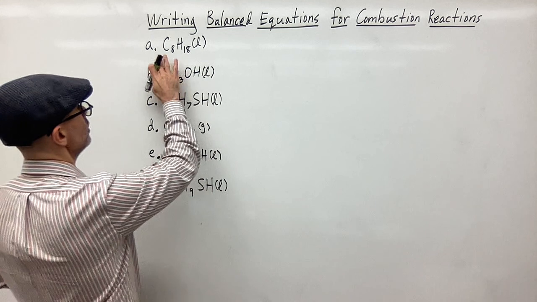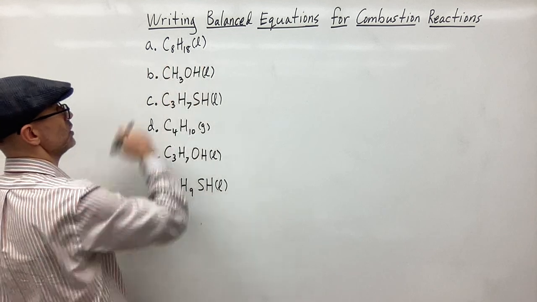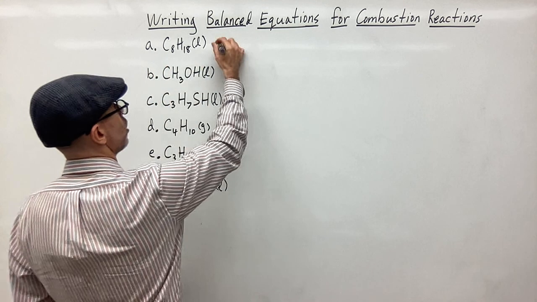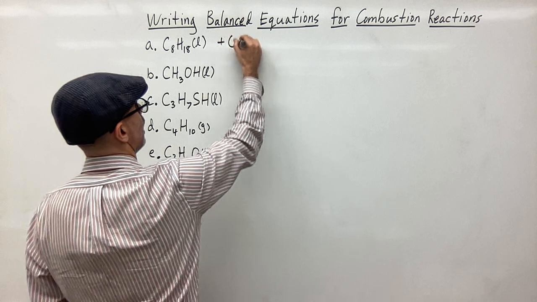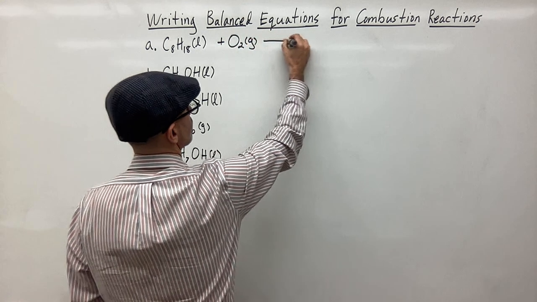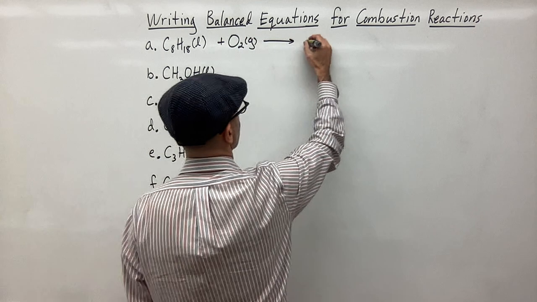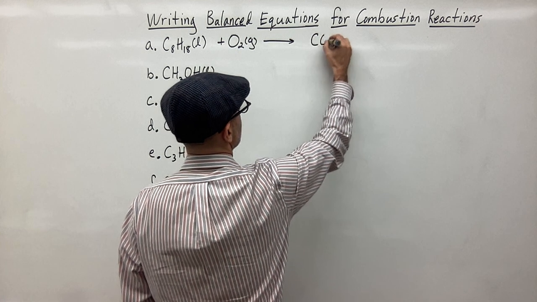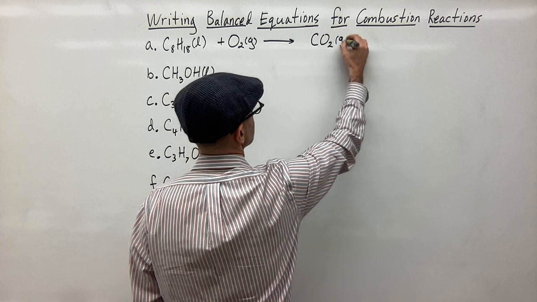So we have C8H18, which is octane. So we're going to add oxygen gas to that, and then that's going to react to form carbon dioxide gas